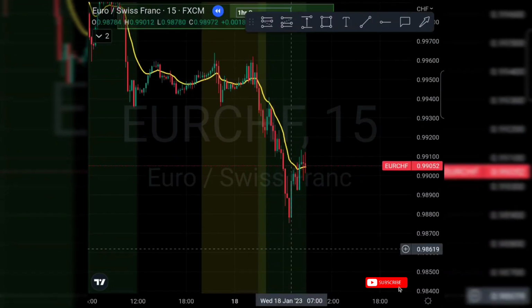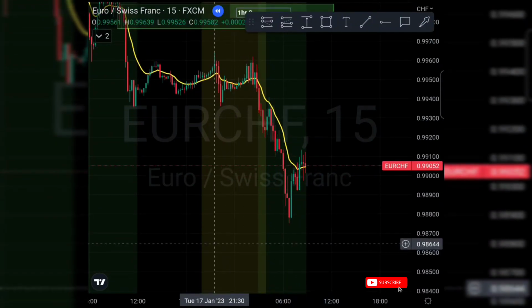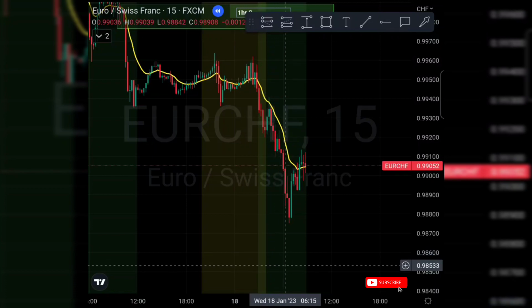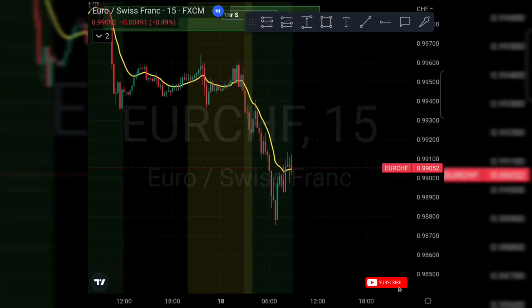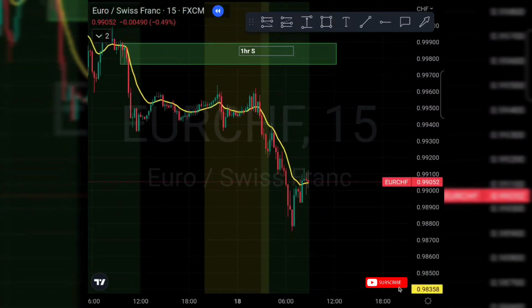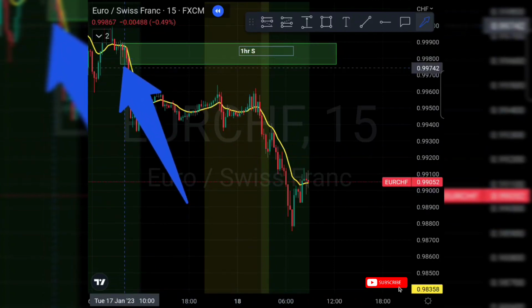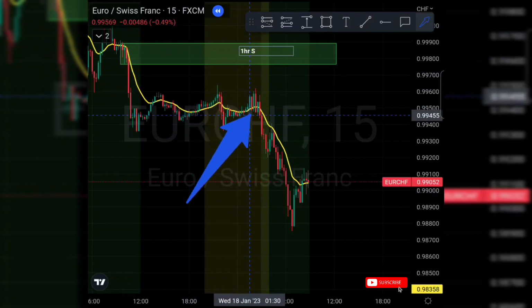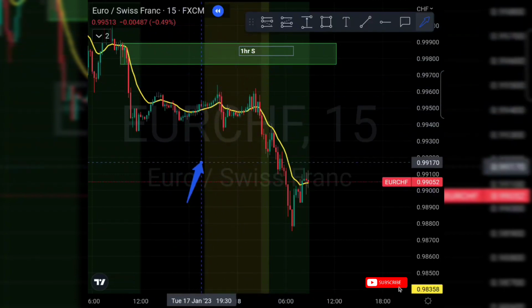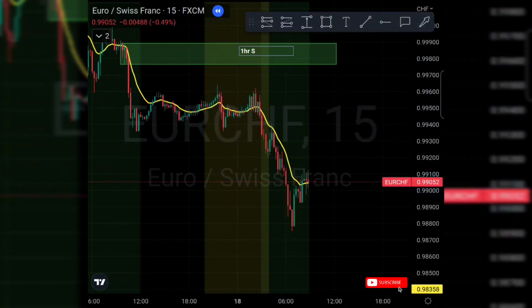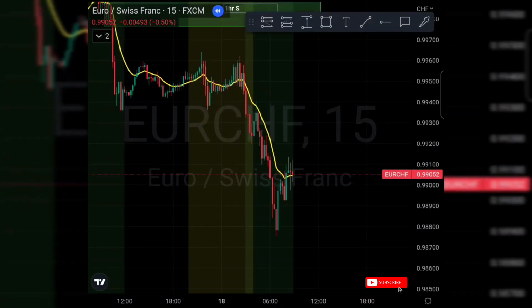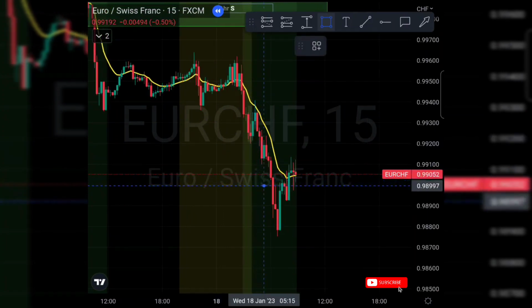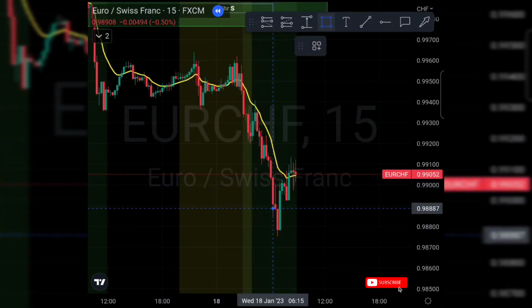This setup was during New York, through nothing during London for me to take, but this setup occurred during New York. There's not really too many zones to mark up. We do have this 15-minute supply here and also a 1-hour supply zone, but obviously price is going away from that zone, so we're looking for something that will possibly allow price to fill in that gap. So when I came to the market, this is what I saw, and we see here